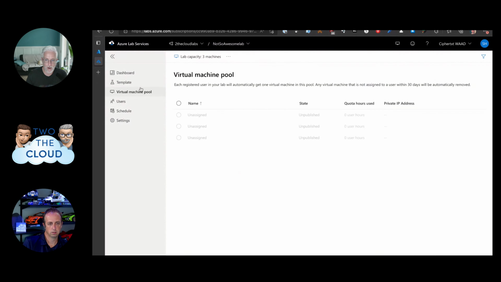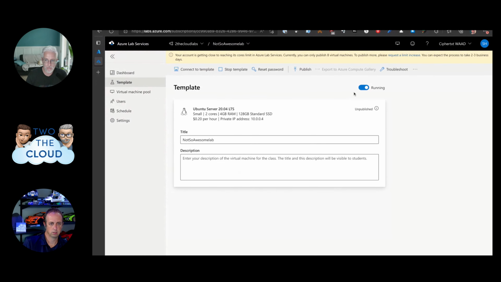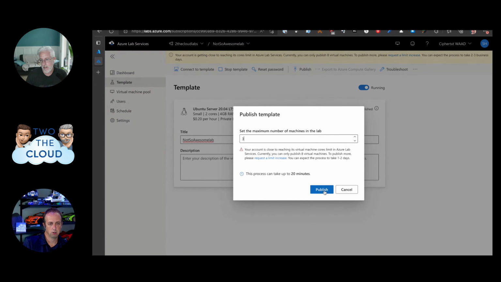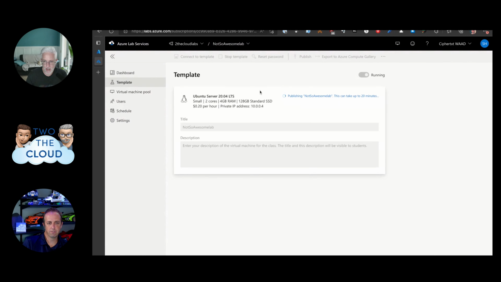So part of the problem is my virtual machine pool, nothing's assigned right now because I don't have any published images over here. So I'll go and publish this. And once this is published, which is kind of like the sealing process, like on a Windows VM, you know how you might do an out of the box experience sealing of an image, or they have that equivalent process on Linux that Microsoft came up with.